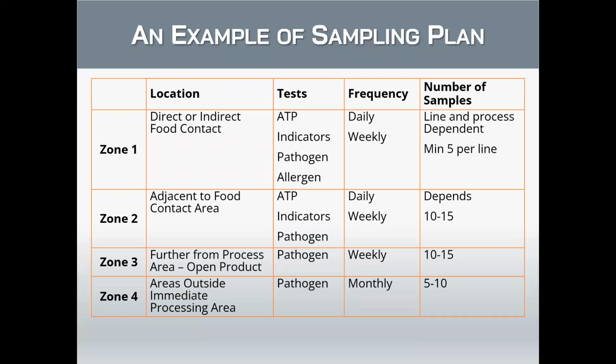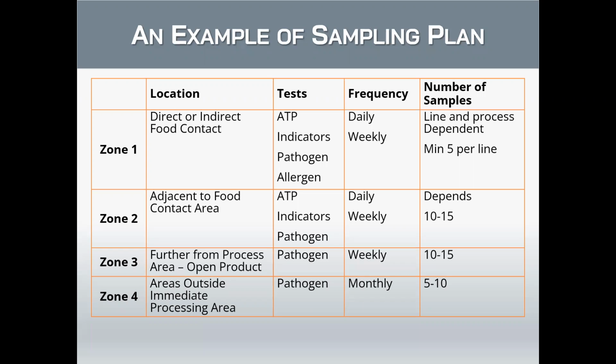And the frequency can be daily, weekly, or a combination of both. And the number of samples will depend on the line and process, with a minimum of 5 samples per production line. For zone 2, that is the area close to food contact surface,